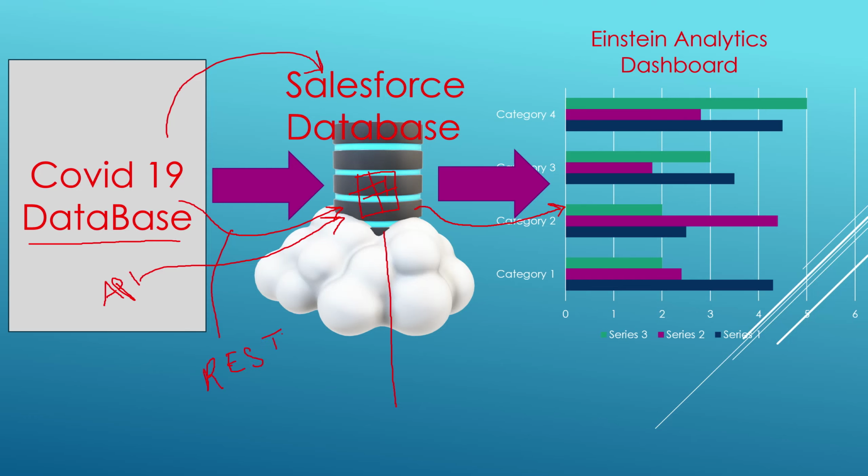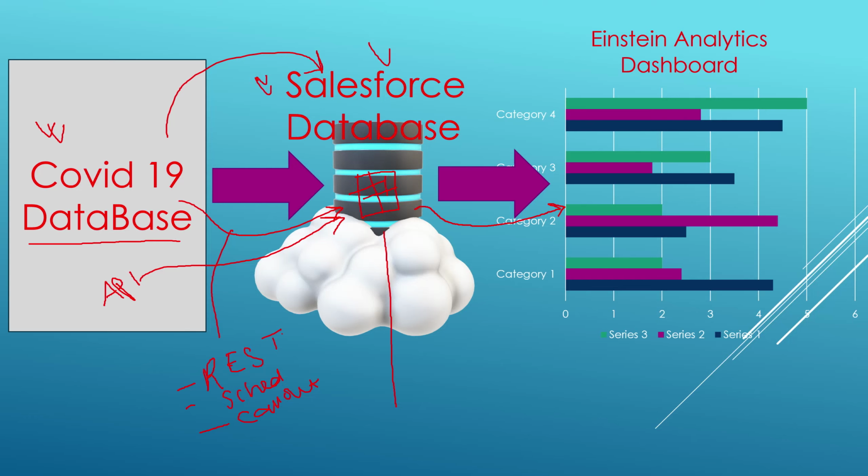And now we also need to always sync the latest information in my Salesforce database. That's why we need to use the concept of Apex scheduler, and we'll see how these asynchronous calls work and how the callout we are going to make gets my latest data from the COVID-19 database to my Salesforce database.